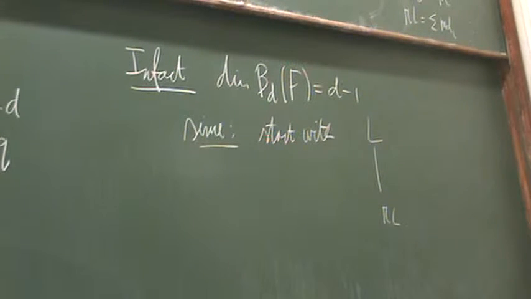All maximal cells are going to be of dimension D minus 1. Why? We saw that it's at most D minus 1. But now I claim that if I start with any cell, I can embed it into a cell of dimension